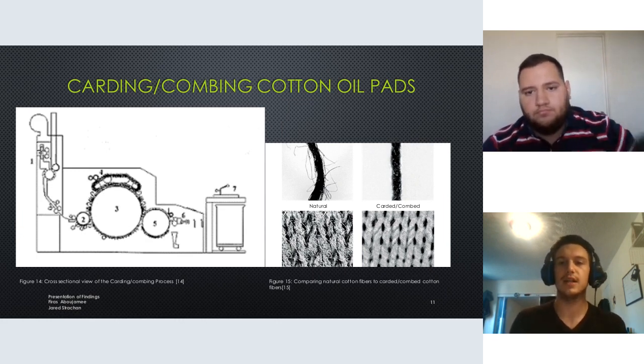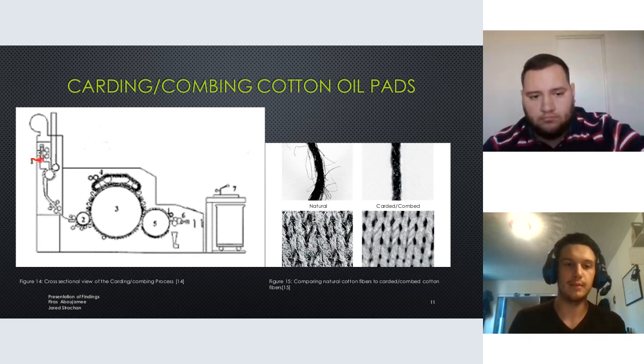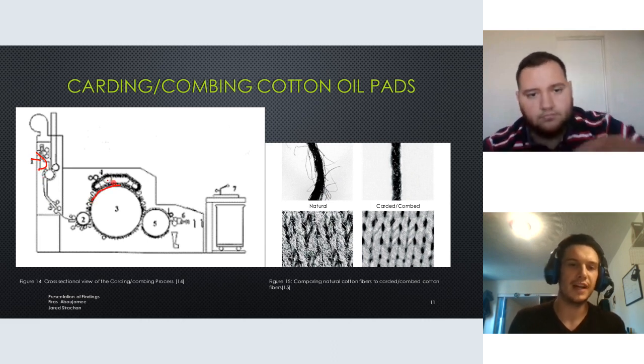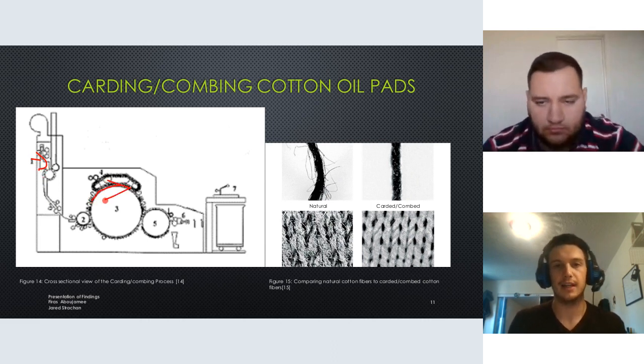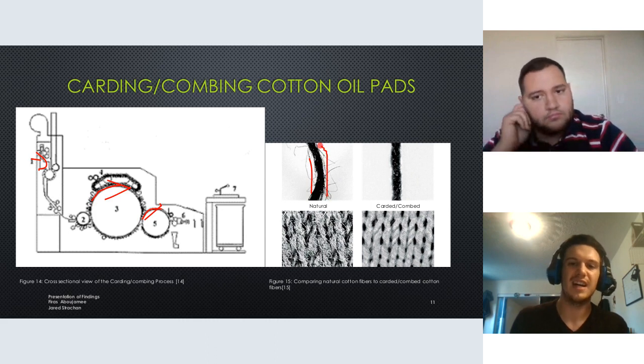So what is this? This is the actual process that makes the cotton oil pads more absorbent. Cotton will go into the machine. This is a cross-sectional view of the machine. It'll remove any impurities in the cotton, making it straight cotton, and then it'll also straighten the fibers of the cotton too. So at the start, it's going to look something like this, and there's a lot of different paths